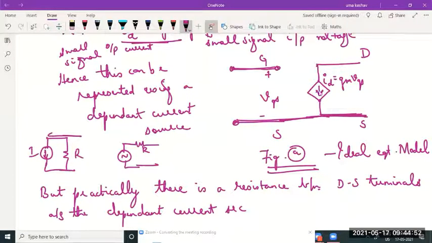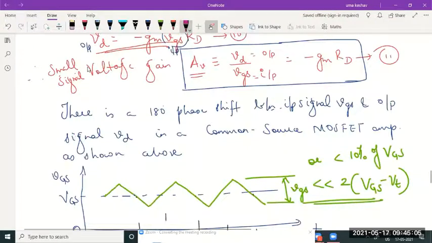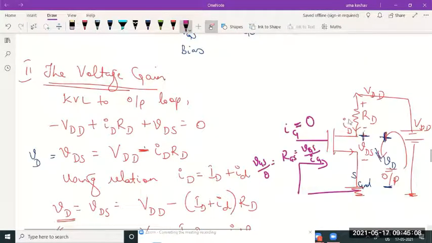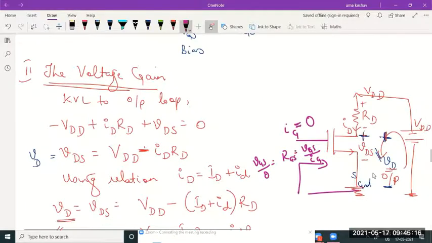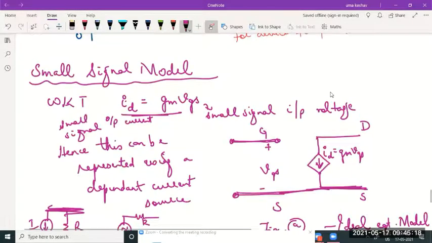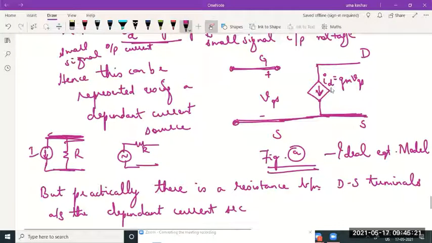So here in the ideal condition of this current source, we don't have a parallel impedance, but practically what usually happens is there is always some amount of resistance between the drain and source terminals. Though that resistance is very large, okay. So remember, the larger the resistance between drain and source, the closer it is to an ideal operation. So in the ideal current source, the parallel resistance is infinity. Here the parallel resistance is infinity. That's why we haven't included anything.